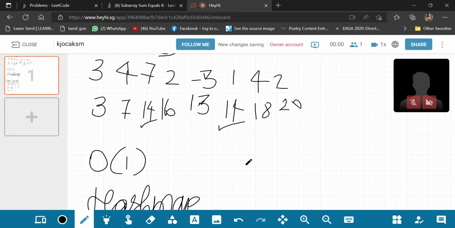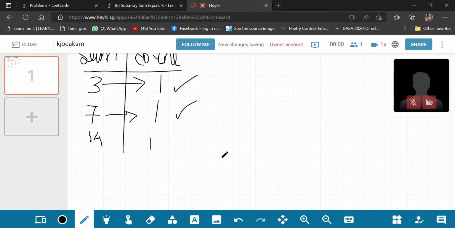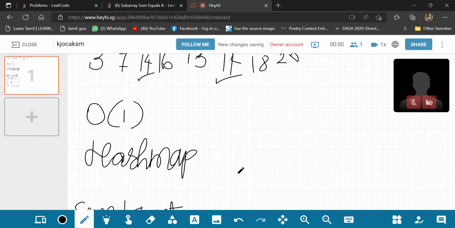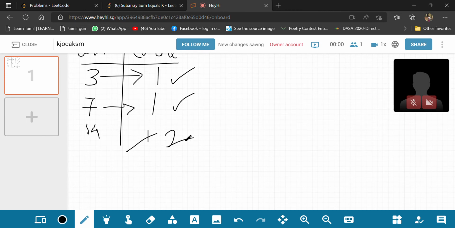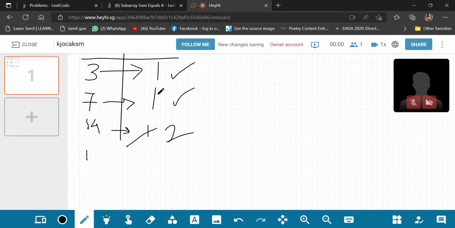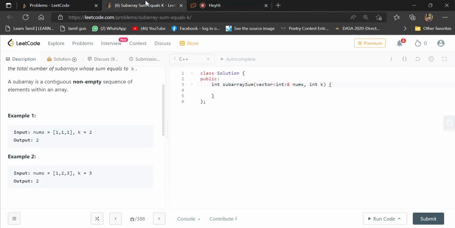So the second time when we encounter 14, our count will become not 1, but 2, because we are encountering it twice. Earlier we encountered 14 once, and then again over here we are encountering the sum as 14. So we'll just increment it and it becomes 2. Similarly, for all the rest of the sums, we have to keep on finding its count. So if we implement it in our code, we can see that